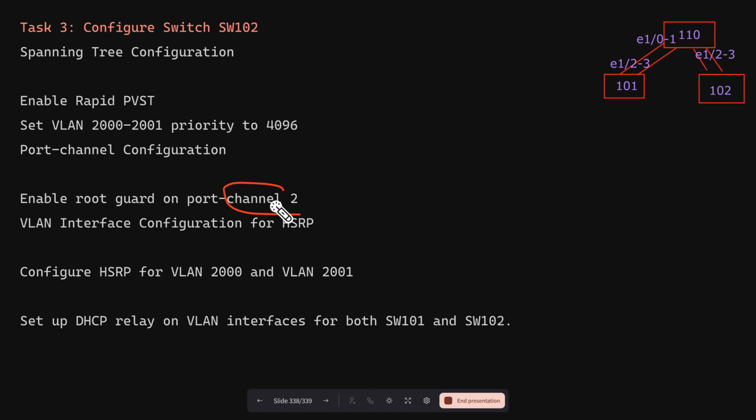Then enable port channel 2. Actually, port channel 2 is already up and running. We have to secure this interface as a guard root. Then we have to do the HSRP configuration. And then finally, we have to set the DHCP relay for both switch 101 and 102. So these configurations we have to do. Let's go and